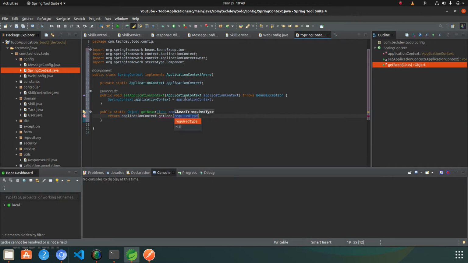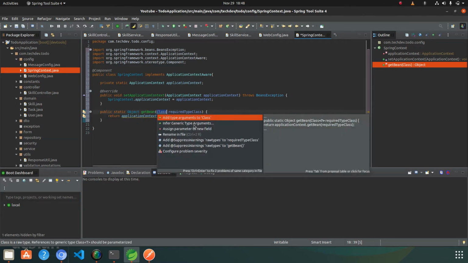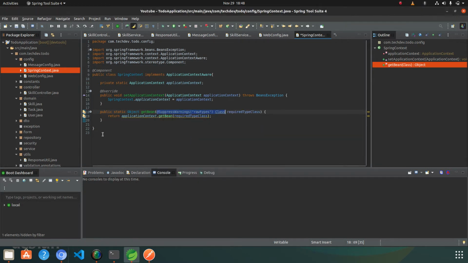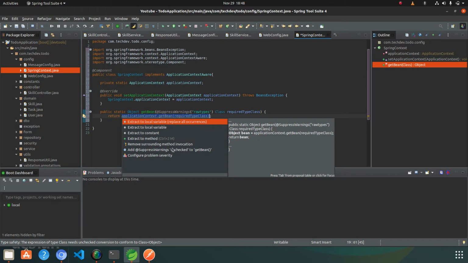It is a predefined method where we have to provide the class type for which we want to get the bean. So the required class type will be passed here, and it will return, and it is showing some warning. Let's add a SuppressWarnings over this thing, and it will remove the warning from here.